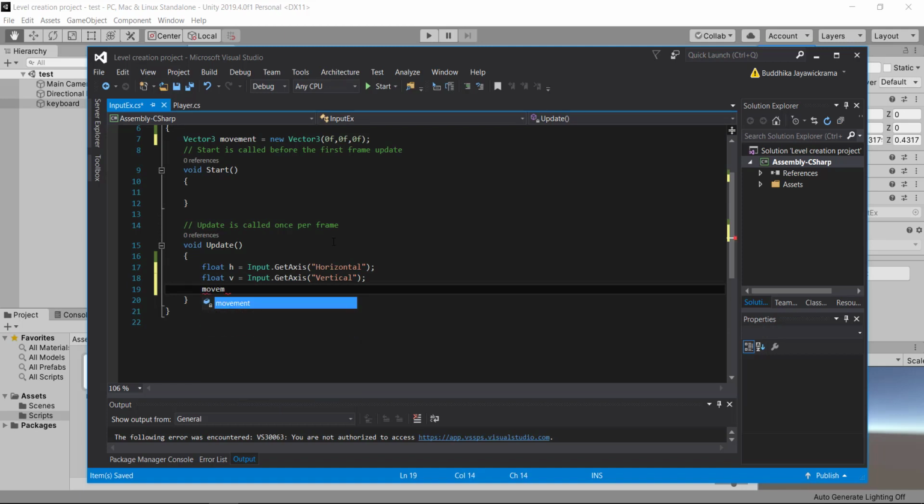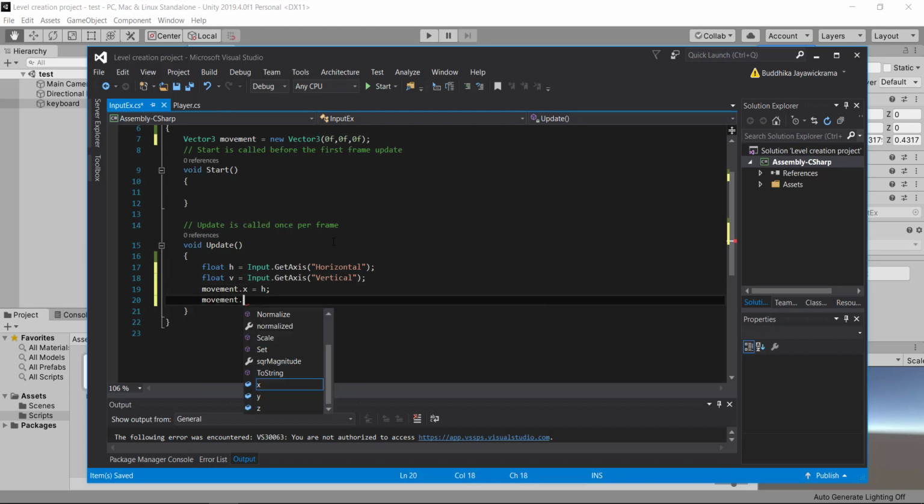Now I am assigning these h and v values into our movement vector. For the x component, I am passing the horizontal value, and for the z component, I am passing the vertical value.